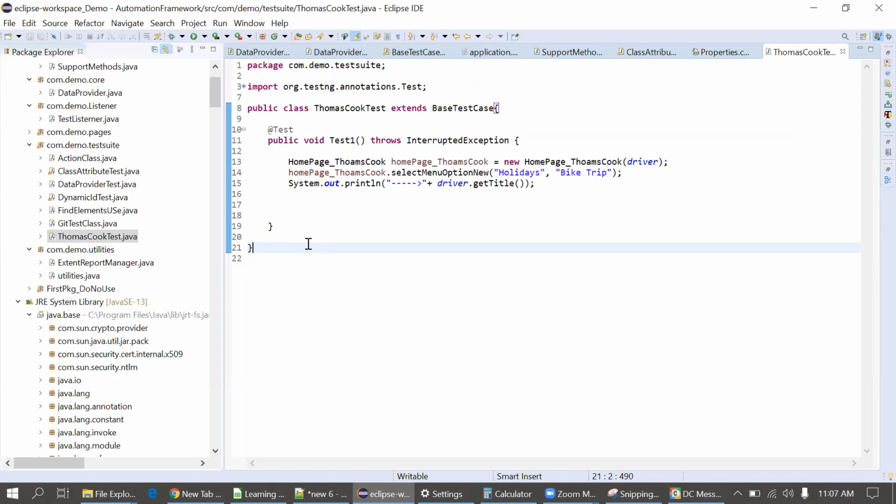Yes, right. But ideally, these are the menus, right? So for menus, we don't use the data provider, but which are the actual values? Suppose somewhere we want to fill up the form. So there is a first name, last name, that kind of thing. In that case, we use the data provider actually. But in this case also we can use. That's absolutely no problem.